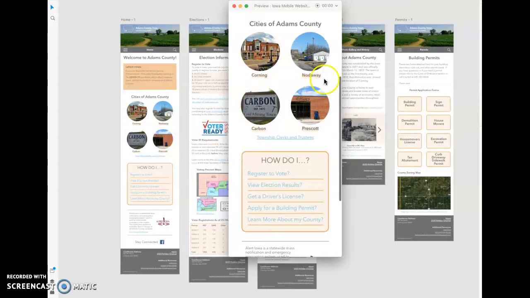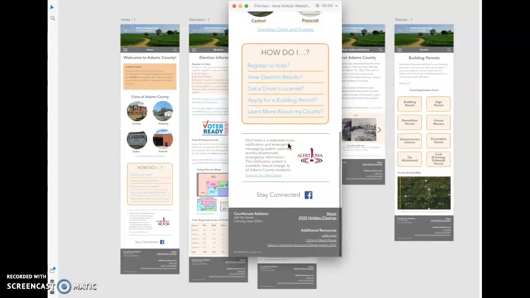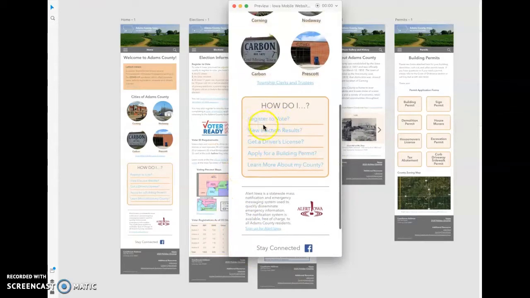Little quick links to the cities in the county, and kind of like frequently asked questions links over here. And I minimized the footer as well, so that users can just click on hours or click on holiday closings, and they can access that important information by clicking on them instead of listing all of it over here. So for example, if I'm a user and I have a question about registering to vote, I can just